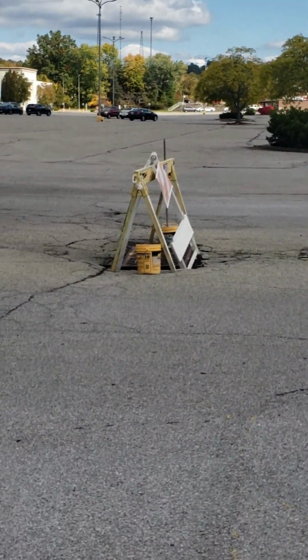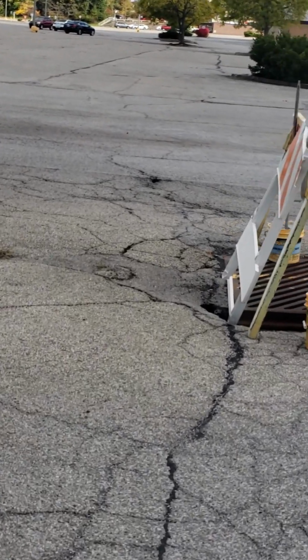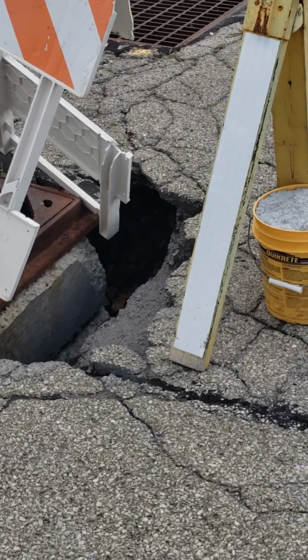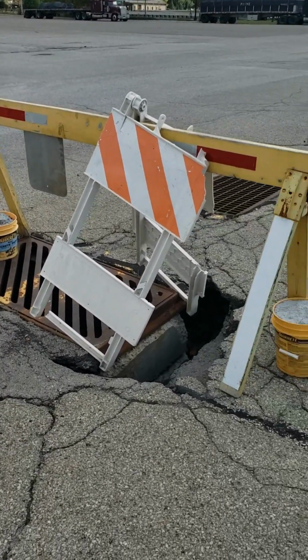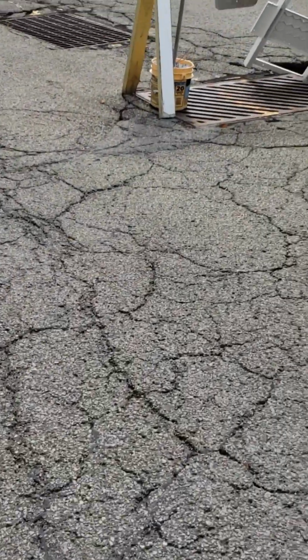I didn't want to park the vehicle near it, of course, because you can see the cracks that expand from the main hole. Don't look very promising on the thin asphalt. So you can kind of get a look there. It looks like maybe it's a foot or so deep. Then we went to the other side of it and approached it from the left, and it seems like it's